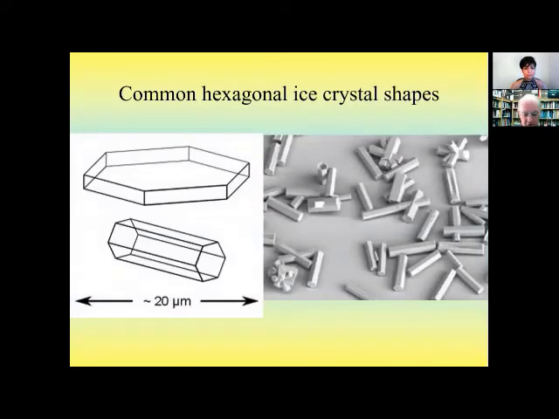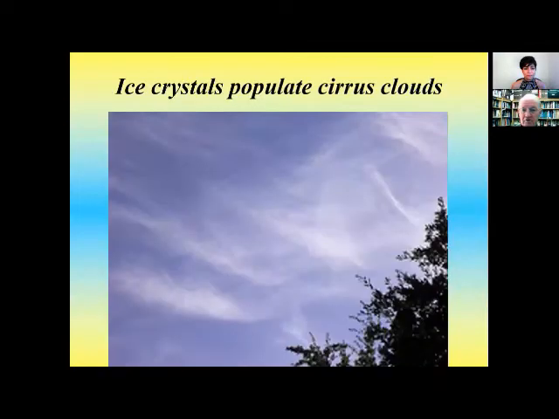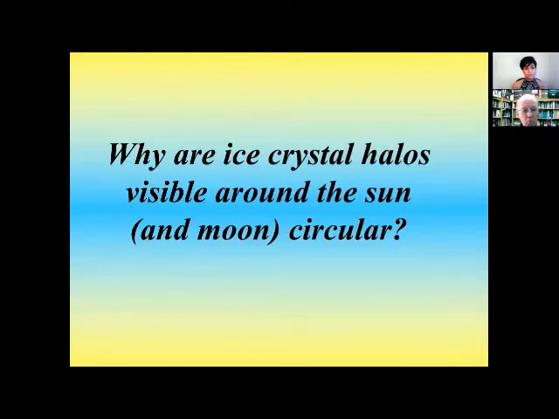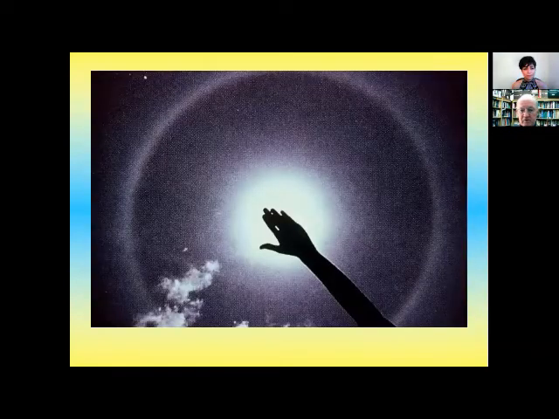And talking of ice crystals, in cirrus clouds there are hexagonal ice crystals. They're composed entirely of ice crystals. Some of them are like flat plates and others are like rods, as seen here. And they can give rise to things called ice crystal halos, in cirrus clouds. Why are they circular? Now, this is a rather poor image, but you should never look directly at the sun, of course. Cover it with your hand or a neighbor's cat or a chimney or something like that.